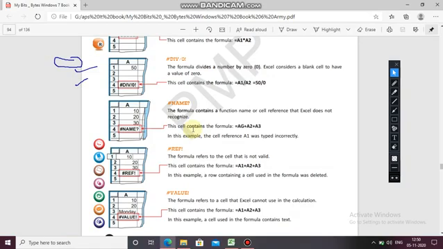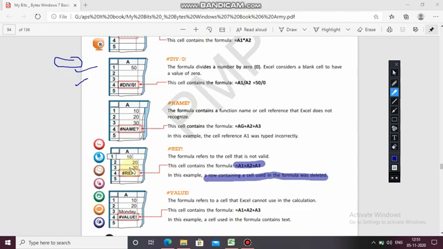Now next, #REF!. The formula refers to a cell that is not valid. The cell contains formula A1, A2, A3. Here, a row containing a cell used in the formula was deleted. Means A1 is there, A2 is there, A3 is there.